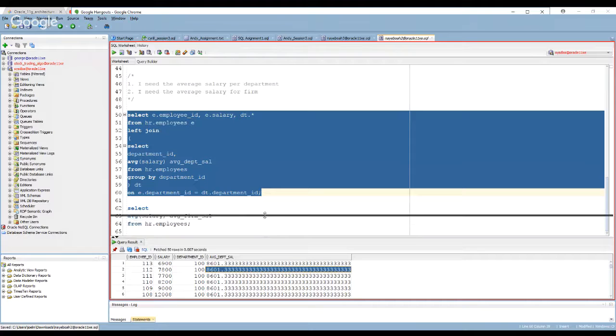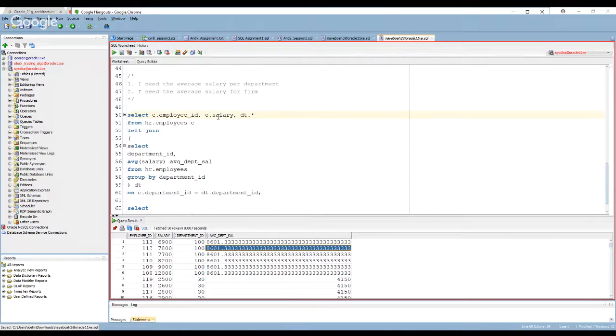So knowing this output, really the solution is I need to get the employee's salary, and then I need to divide by dt.average department salary.